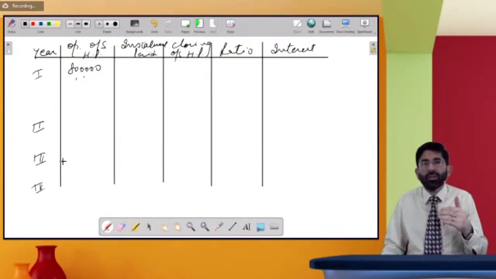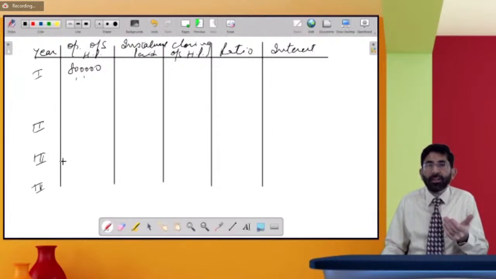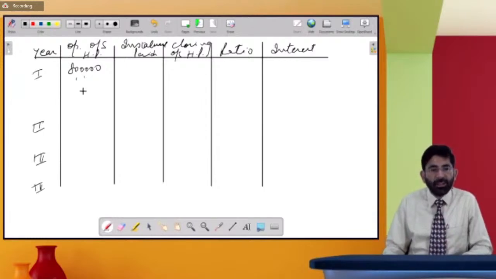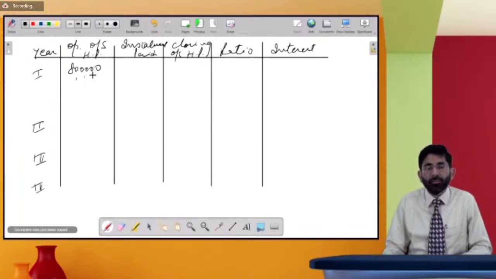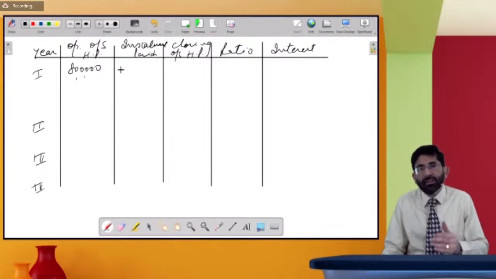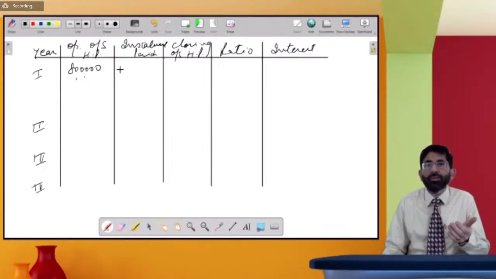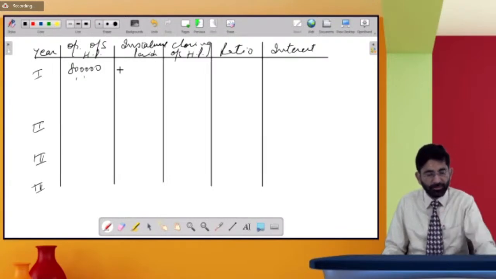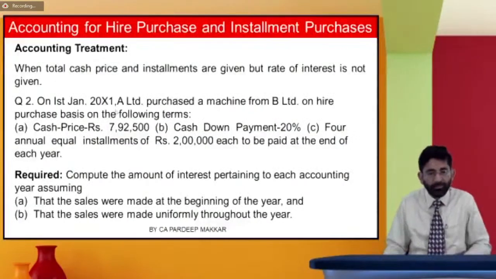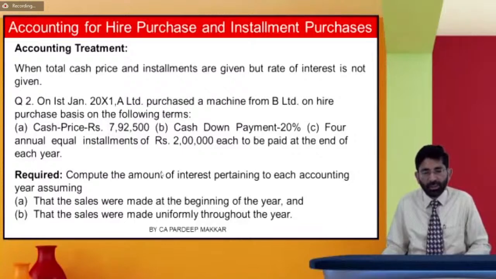This is a normal thing, that he is making sales throughout the year. Then how will he calculate it? In that case, outstanding opening balance will be different because installment will not be paid at the end of the year. In that case, installment will be paid in the middle of the year because sales were made throughout the year. So if sales were made uniformly throughout the year,